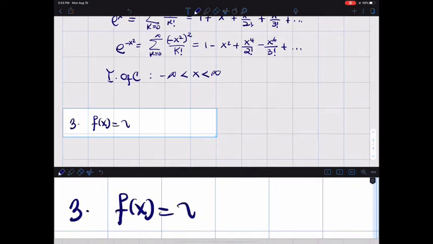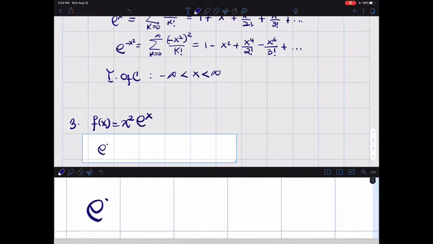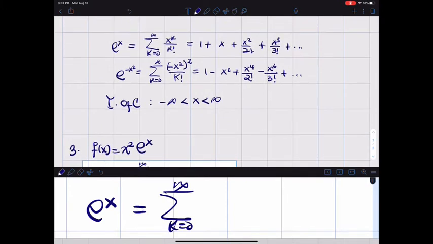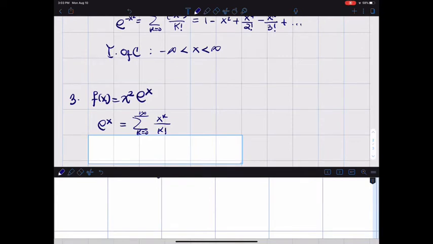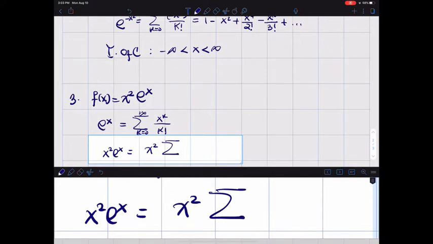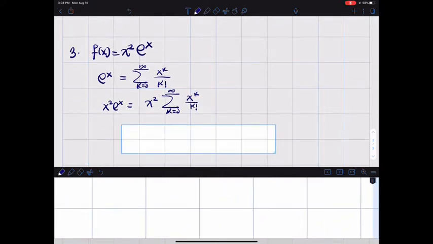We want x squared e to the x. Again, we know the Maclaurin series for e to the x is that. So x squared e to the x is just x squared times the Maclaurin series for e to the x, which is going to be